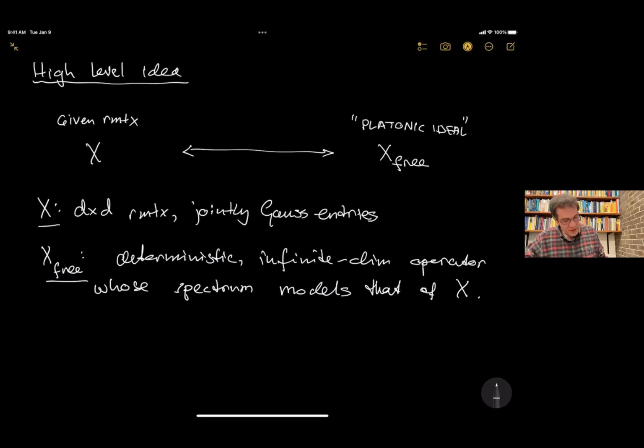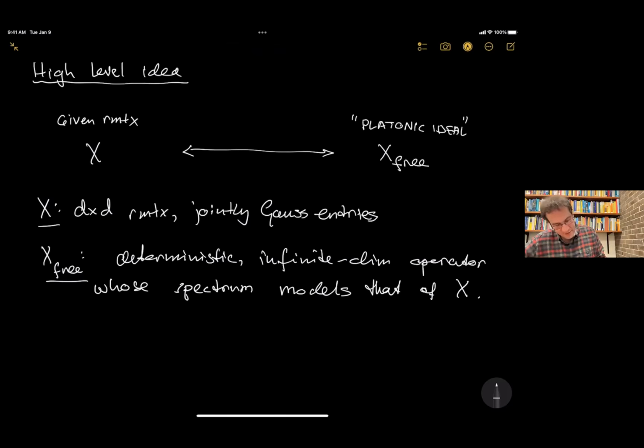Okay. Now, this infinite dimensional operator, we didn't invent that operator. It's a standard construction in the theory of free probability. What you do is you replace basically every entry of the original D by D matrix with a non-commutative object, which is called, for those of you who know, you just replace the Gaussian entries of the original matrix by a semicircular family with the same mean and covariance. So you replace the original random variables that are entries of this D by D matrix, you turn it into a D by D matrix of some non-commutative objects, okay? And these non-commutative objects are very well known in free probability.